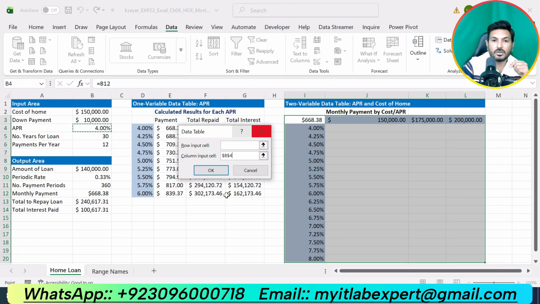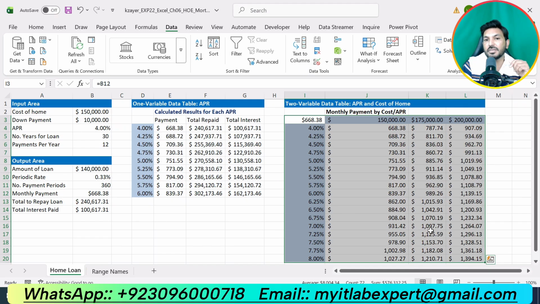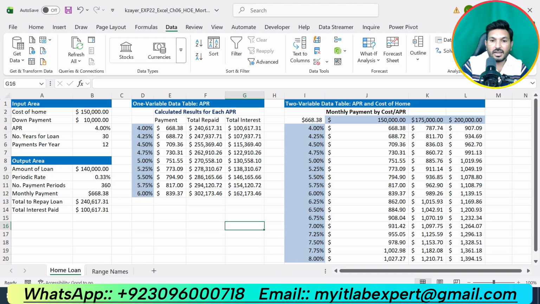So in this case we have two variables because this is a two variable data table. Row input will be B2, the cost of home, and column input will be B4, the APR. Click OK. So we have completed the two variable data table, and that is all about step number 12.